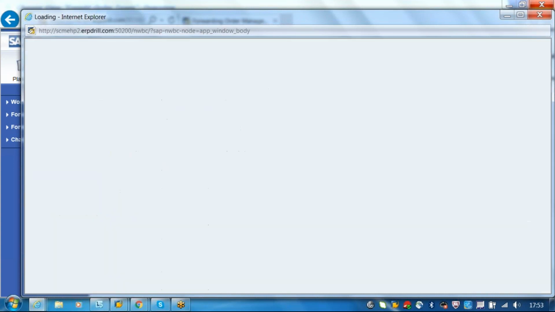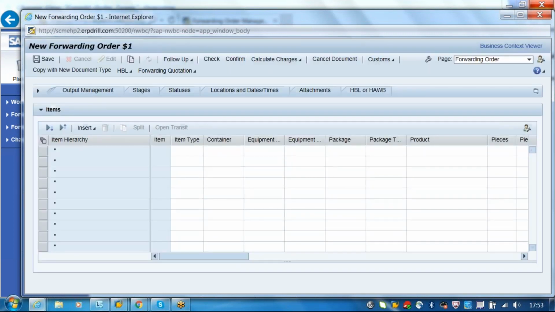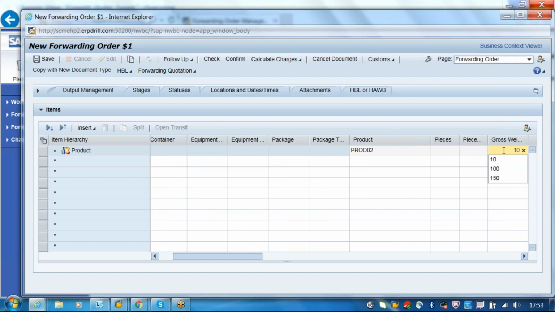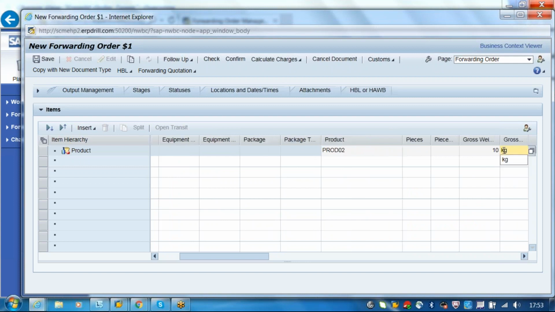Okay, it is checking. Item type I will just say product, and the product number I will enter as PRD something 32 or something. Yeah, you can just choose whatever you want. Gross weight 10 kgs.